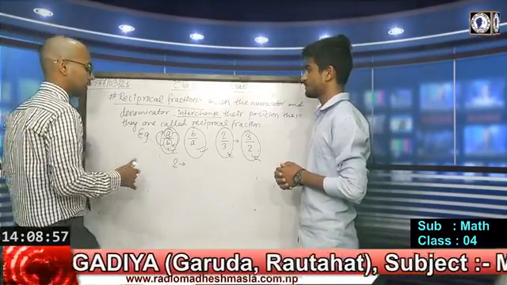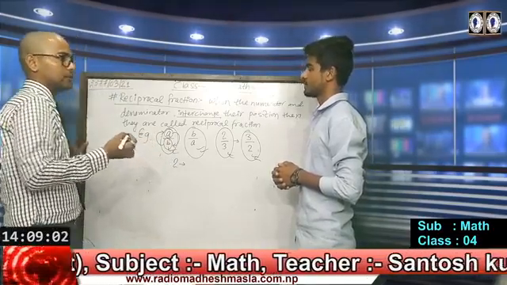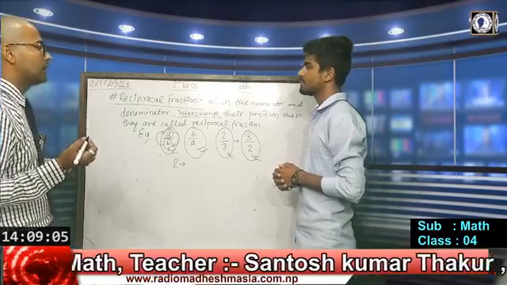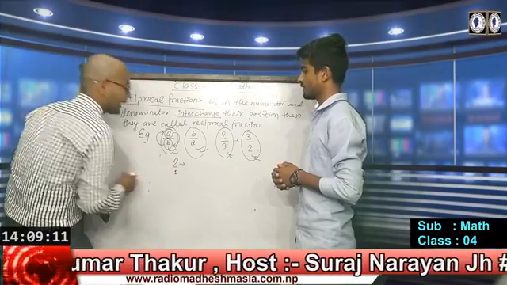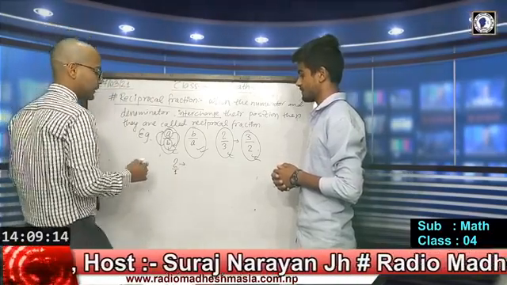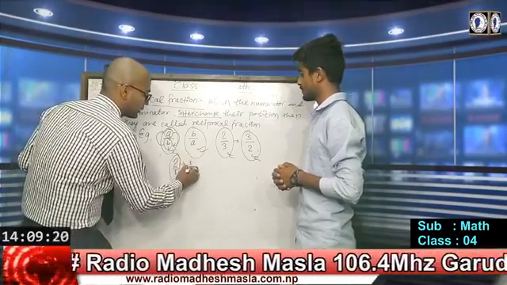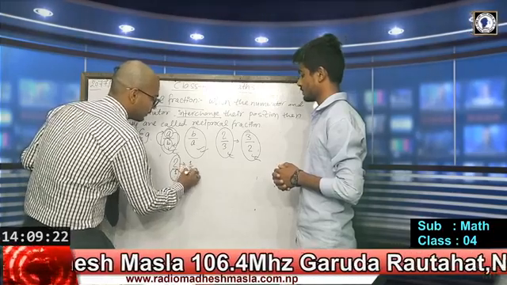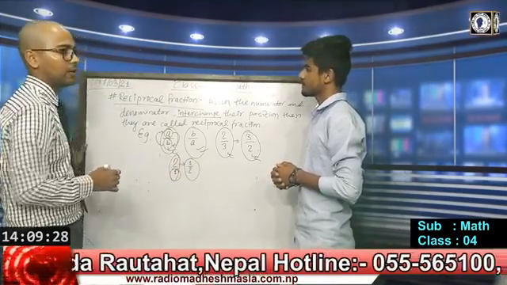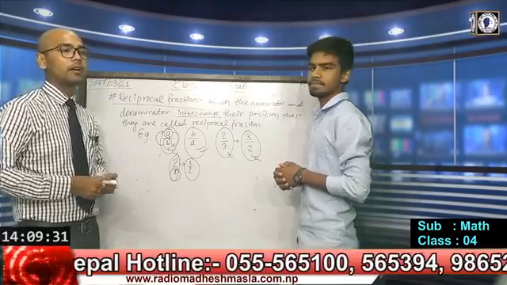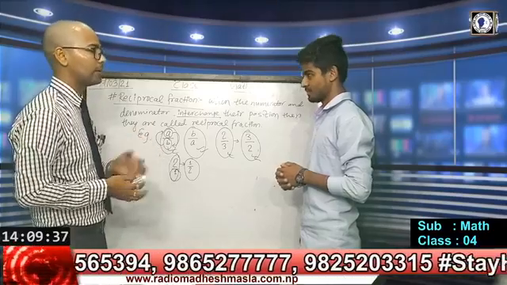In that situation, as we know, all the integers are rational numbers. That's why we can suppose 1 as the denominator of 2. Then we interchange them, that means 1 goes to the place of 2 and 2 comes to the place of 1, so the fraction becomes 1 by 2. So if you are given any number, you can directly put 1 as the numerator and the given number as the denominator.